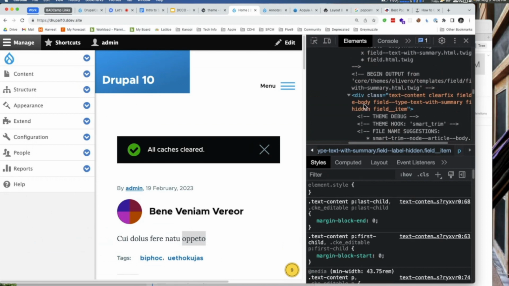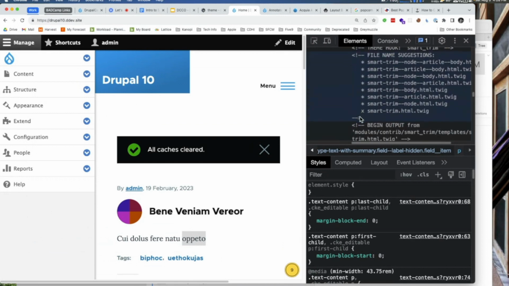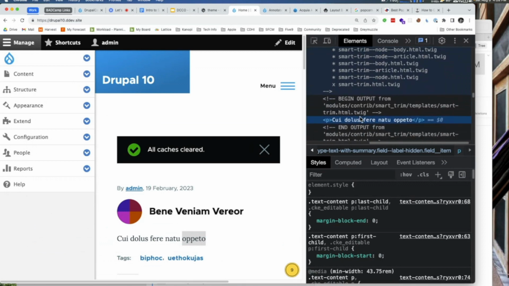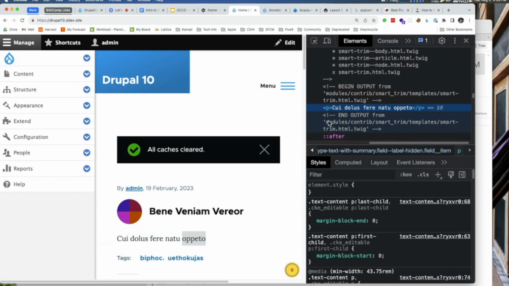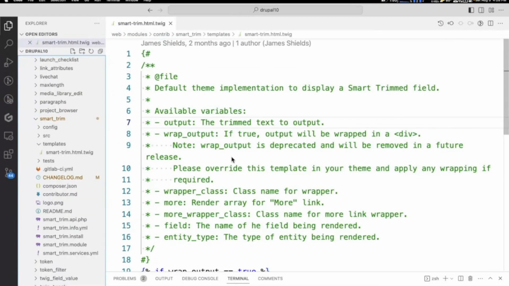So as you can see, this section here has its own little theme file. It's in modules, contrib, smart trim, and whatnot. And basically all it does is paragraph. I didn't really want to do anything fancy with this. And if you take a look at the smart trim twig, what we have here is what we're expecting in there.